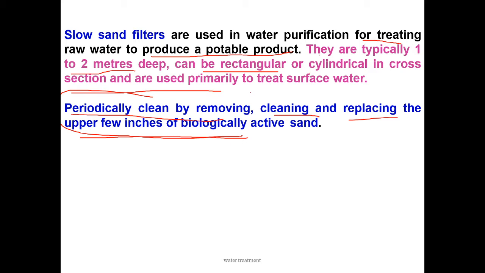It will lead to further and further contamination. Bacterial growth we can also see. That is the most dangerous. That is why we have to remove the top layer of the sand filter bed. That is, periodically clean by removing, cleaning and replacing the upper few inches of biologically activated sand.